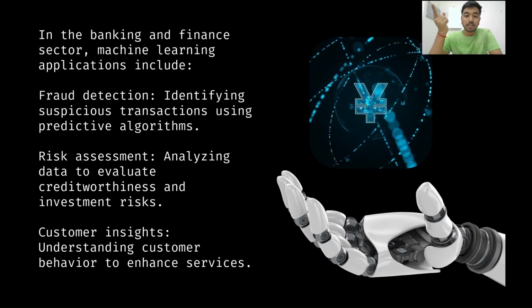First, fraud detection. ML can identify patterns that suggest fraud, such as unusual spending behavior or rapid account changes. Second, risk assessment. Lenders use ML to evaluate credit risk more accurately. And third, customer insights. Banks use ML to personalize offers based on user behavior, improving customer satisfaction and loyalty. It's like having a financial analyst working 24/7 powered by data.